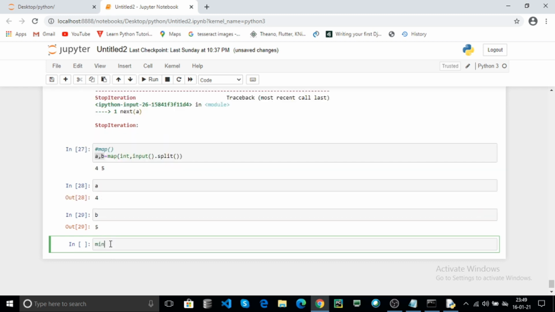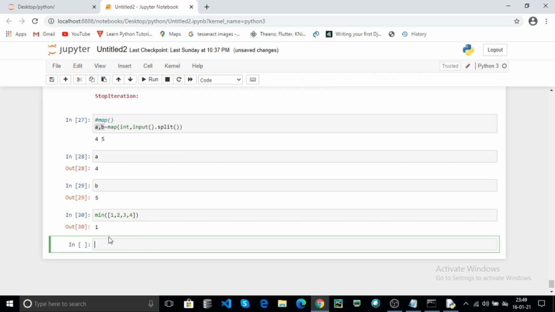Now use the minimum of your passed object. For example, I pass a list object. It checks the minimum of your list and also checks the maximum of your list. Click on run.